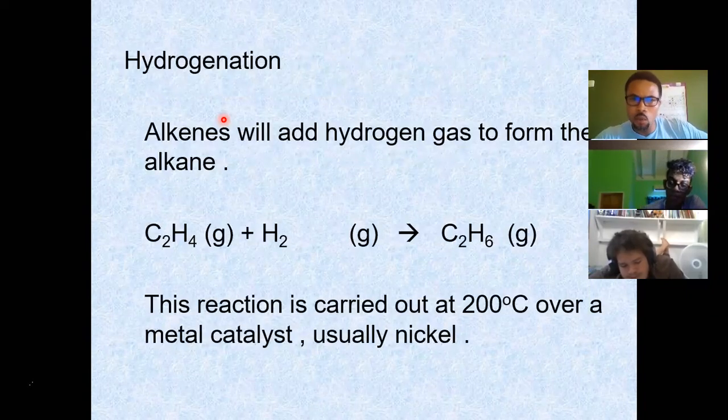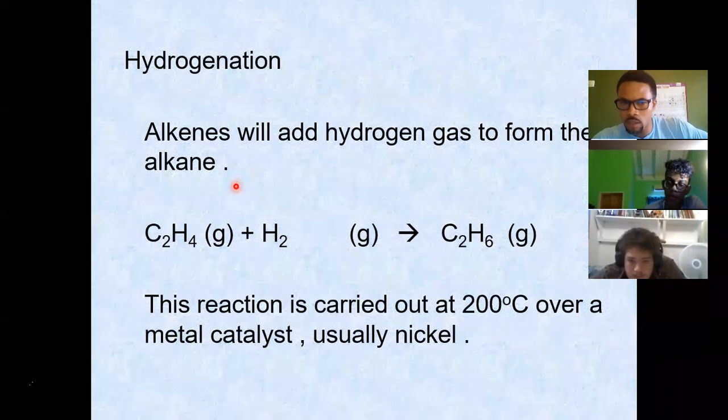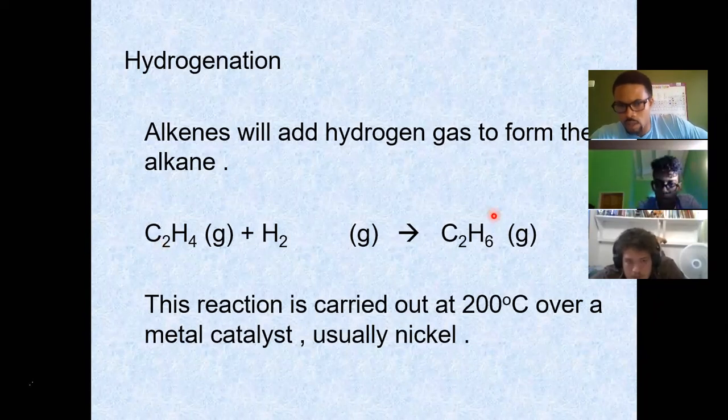Alkenes will add hydrogen gas to form the alkane. You can react it with hydrogen and it's going to create an alkane. So yes, you can produce an alkane from an alkene by the process of